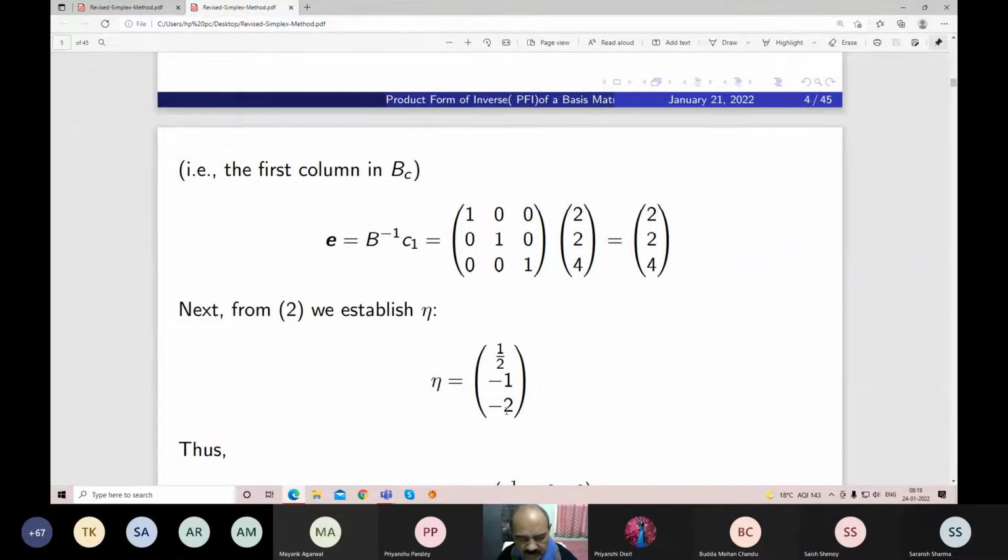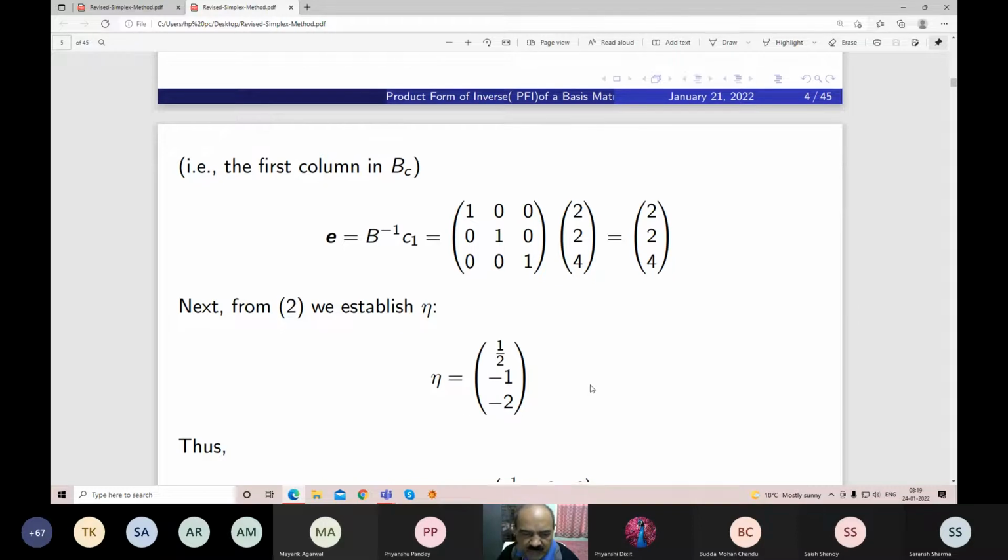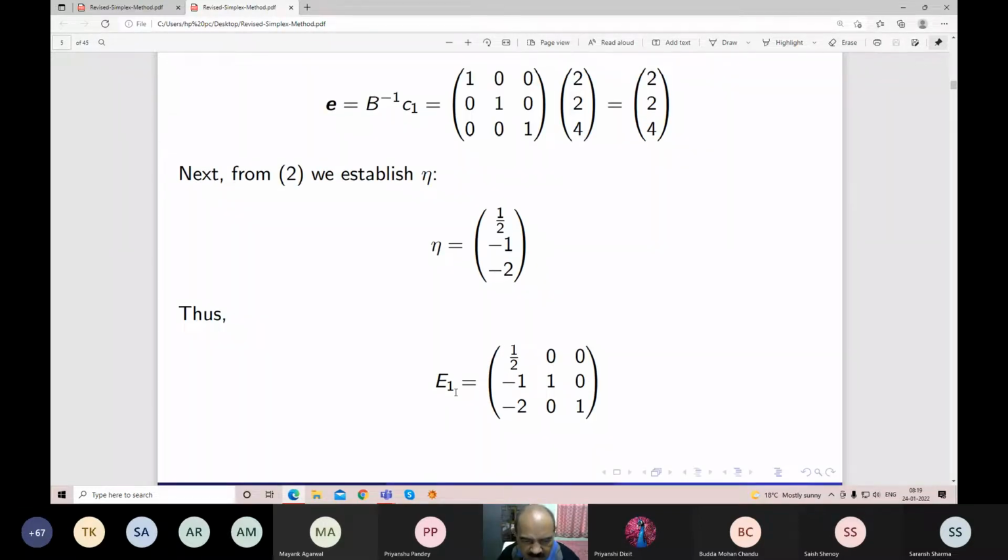Eta vector is defined. Now once eta vector is defined, we are defining a new identity matrix where the first column will be replaced with the eta vector in this manner. So the E1 is nothing but an identity matrix, but only you find here the first column is different. The first column is half, minus 1, minus 2. So the first column we are replacing with eta vector. So we have got